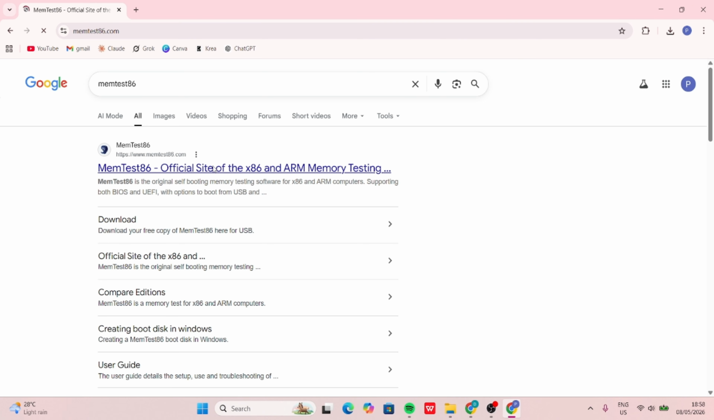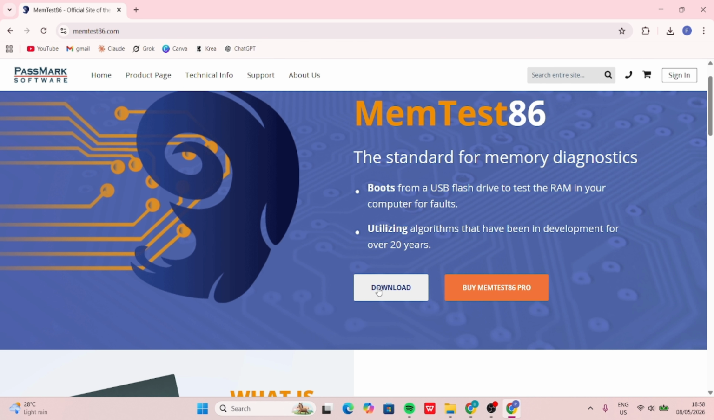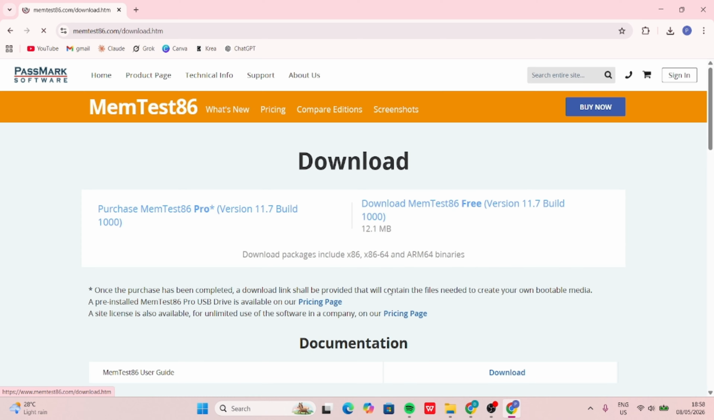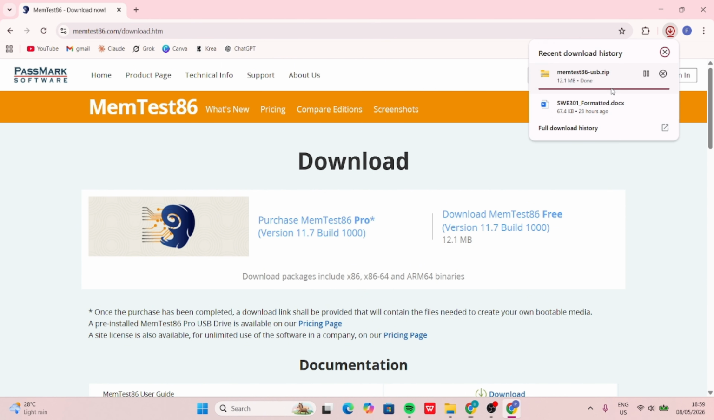Then you just access the website here, and then as you can see you will find the download button. You just click here, and here as you can see there are two versions. There is the free one and there is the pro one, the paid one. You are going to click on the free one. You just click here and the download will start, and once it finishes, as you can see, it is a